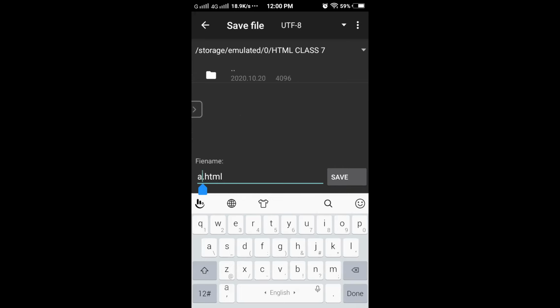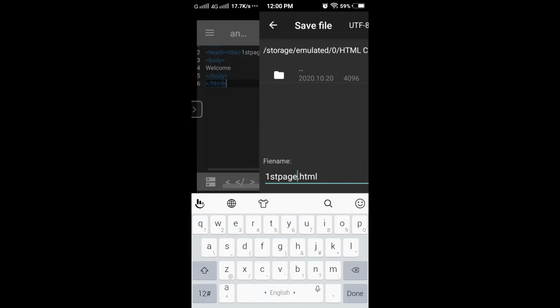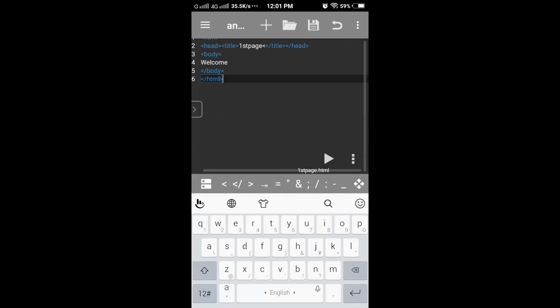Suppose I'm giving first page dot html and then click on save. So this is how you can save it on your phone, and you can choose the location. But before choosing the location, you have to create a folder somewhere in your phone. Then only you can save it in that folder. I hope it is clear to everyone now.